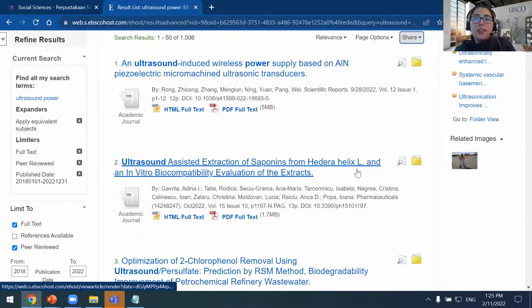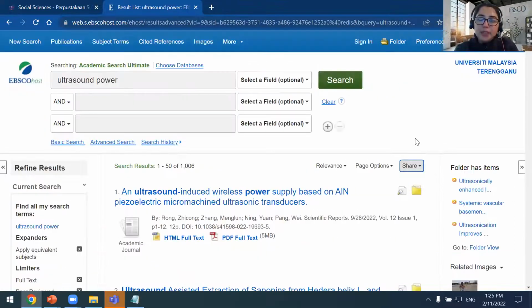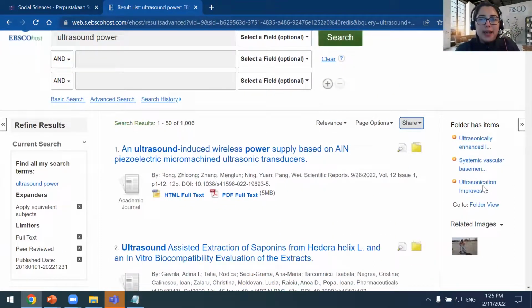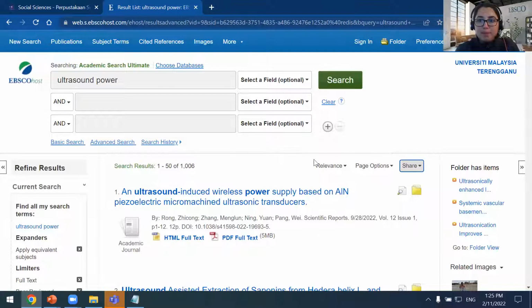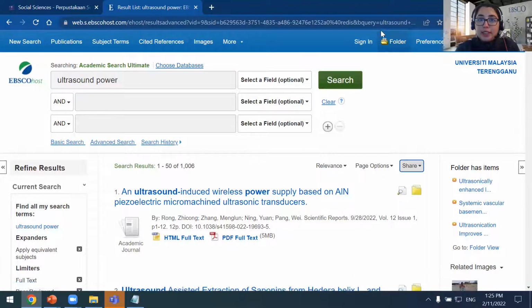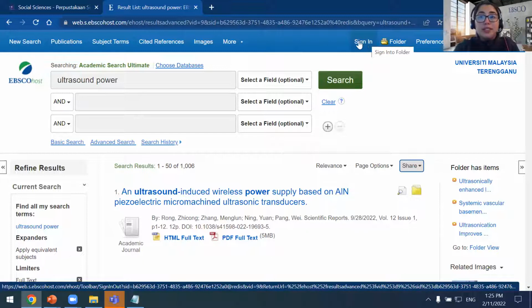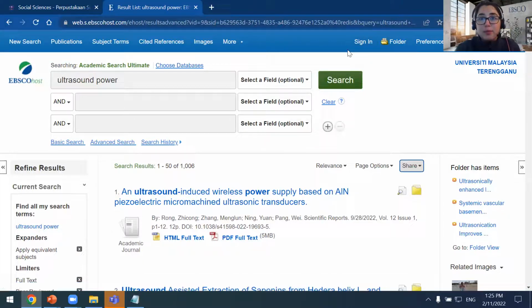Let's say at the moment I don't have much time to review every single one of these articles. So perhaps I just want to add it to my folder now and I'll return to it later. I want to point out that this is a temporary folder. So after this session, if I sign out, I'll lose the content that I saved. If I want to permanently save the content, I will need to sign into folder at the top to the right, and we'll come back to that a bit later.